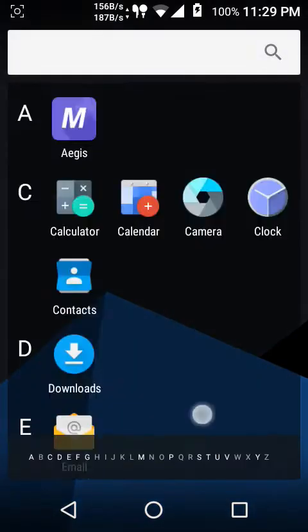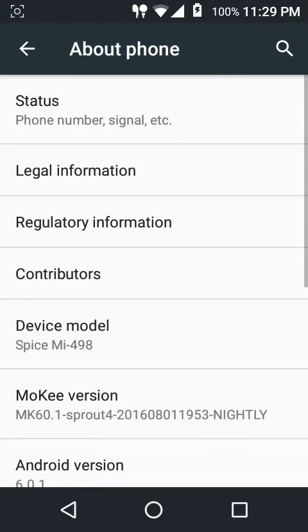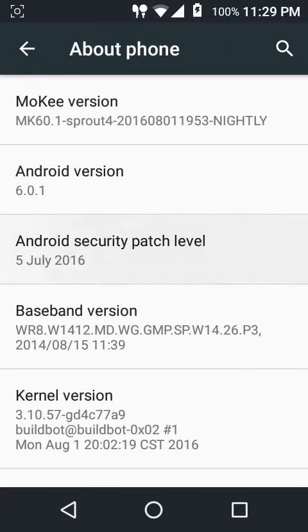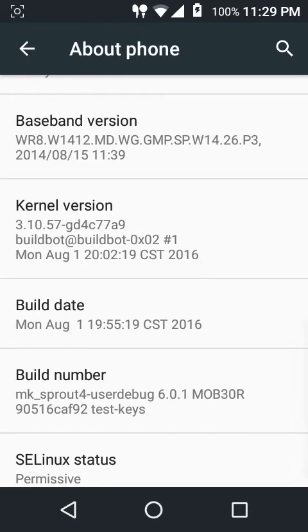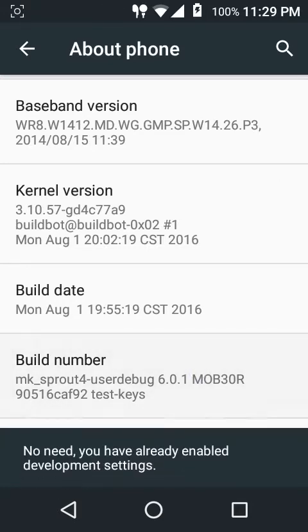So in this video we are going to review the Mokee ROM. This ROM is based on Cyanogen Mod 13 and hence it packs in the Android Marshmallow 6.0.1. It also comes in with the July 5 security patch, and currently I am on the August 1 nightly build, and the stock kernel is at permissive by default. Additionally, the developer options are not enabled by default, so you need to tap on the build number 7 times